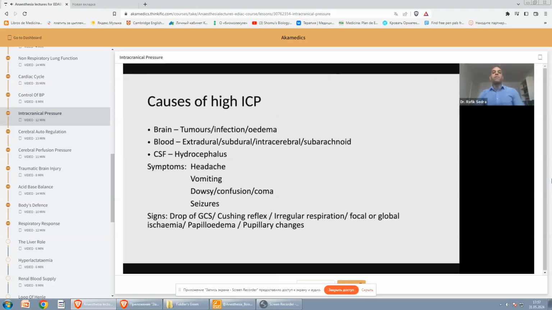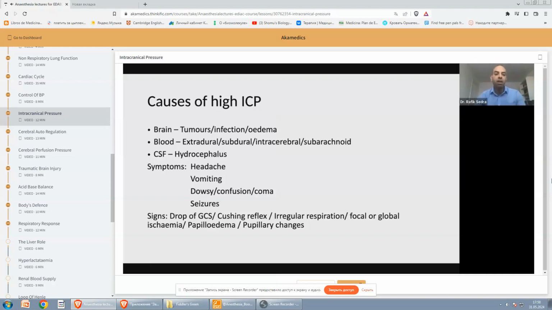Right, so causes of high ICP. As I was just saying, but no one can see the screen. The skull is a bony structure, okay, which basically cannot expand, right? It's a fixed area. Inside this area, there is brain and there is blood and there is CSF. Okay, so any increase in the ICP will be an increase in the volume of any of these structures: brain, blood,